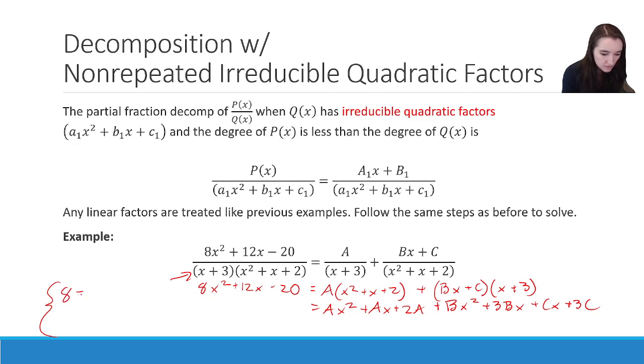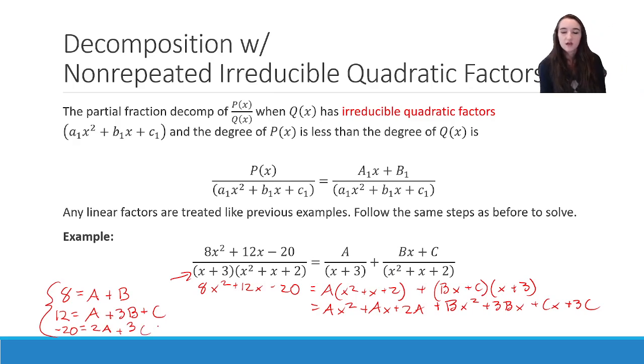8 equals a plus b. 12 equals a plus 3b plus c. And negative 20 equals 2a plus 3c. And again, this one's not quite as simple, but at least all three equations don't actually have three variables,